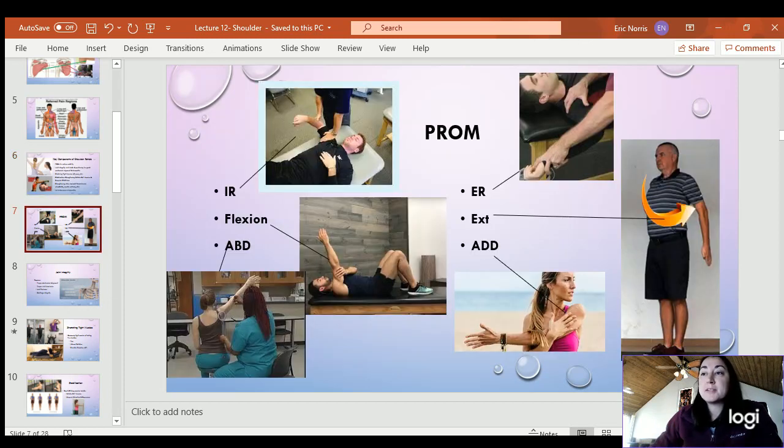Okay, so our movements for passive range of motion. We will practice those again in lab, but they are internal rotation, that's going down. You can also do it behind the back and go up the back. Flexion, going up. Abduction to the side. Adduction is toward the midline, but it can also be horizontal adduction, which would be across the body. Extension, going backwards, and then external rotation, the moving outward of the shoulder. You all know those, but